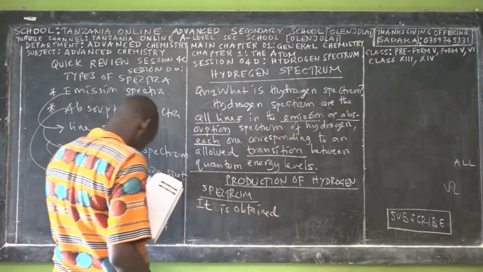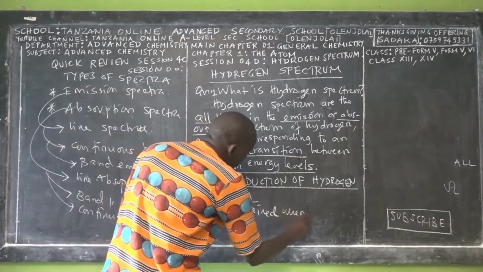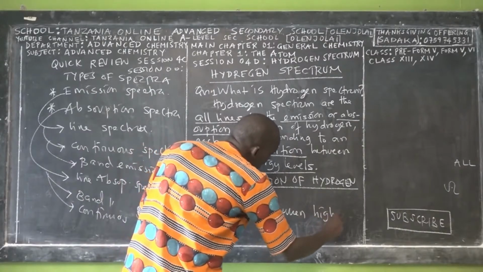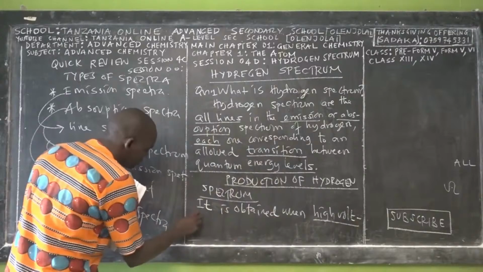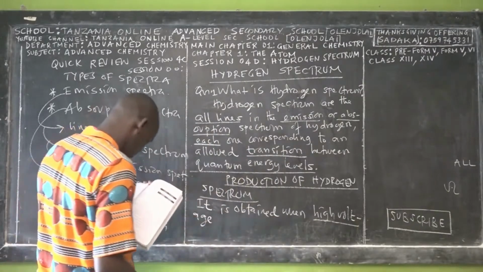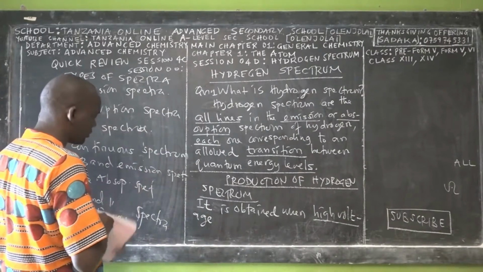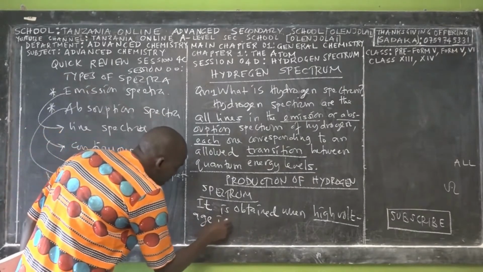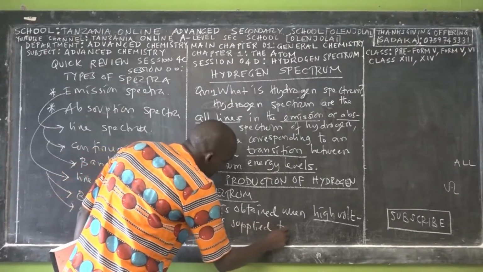when high voltage is supplied to the discharge tube containing hydrogen gas